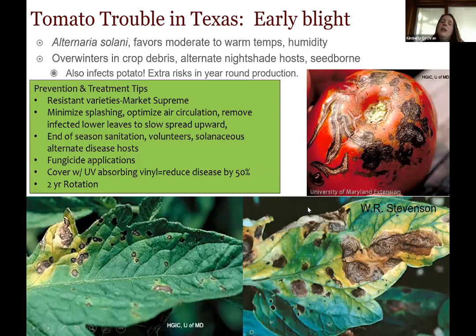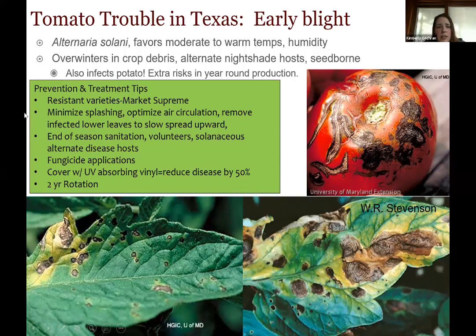Okay, so some tomato troubles in Texas. I see early blight a lot, probably one of the most common issues I see. It's caused by a fungus called Alternaria solani, and it favors warm to moderate temps and humidity. So that basically fits exactly where you guys are. This pathogen overwinters in crop debris, so old dead leaves laying around, and alternate nightshade hosts, so potatoes or weeds. There are a lot of solanaceous weeds out there. It can also be seed-borne, so getting clean seed is really important